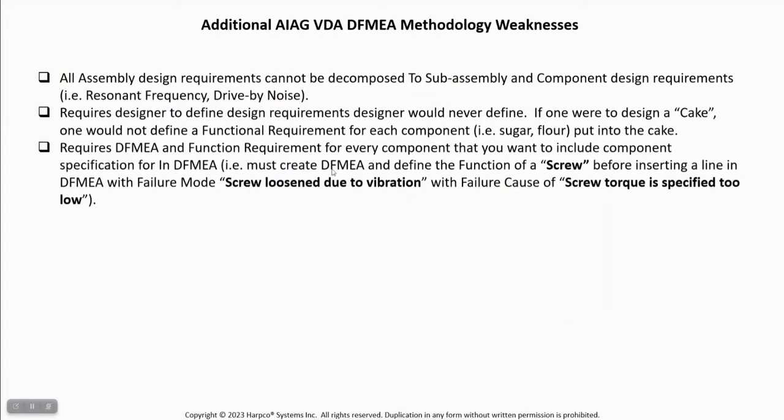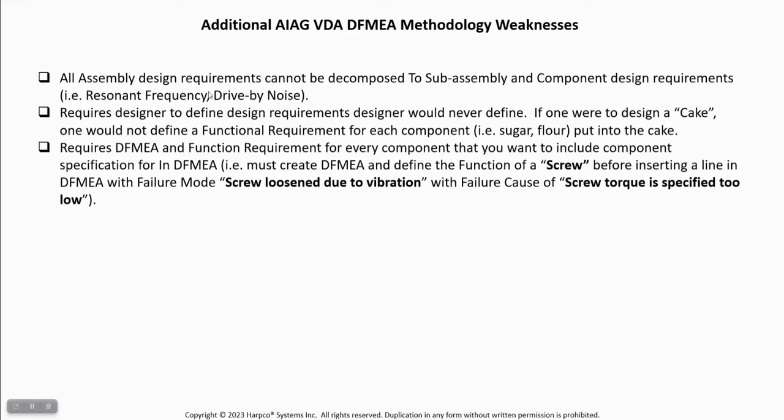Some of the other things you run into is that not all design requirements are functions, and we believe there's 18 different types of requirements. So they're not all easily translatable to lower level assembly components, for instance, things like resonant frequency or drive-by noise. With resonant frequency, there's a bunch of stuff that gets involved in that, and you will go absolutely nuts if you try to use subassembly and component requirements